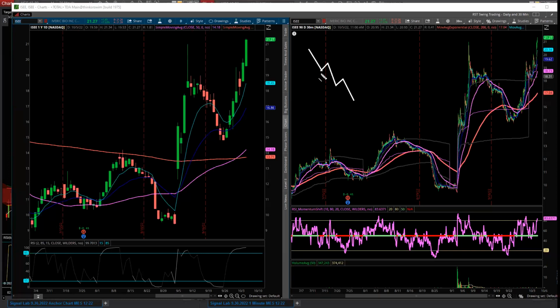There's a 3 drive pattern where you get 1, 2, 3, or a pattern like this where you just get 1, 2 new lows, and then you get some type of retest, and then it fails, and then takes out that high. And there's also what I call a measured move down pattern, where you get a measured move down, and then the market balances. It could be like this. It could be a triangle type pattern like that, and then it continues lower. Then when it completes the pattern down in this area,